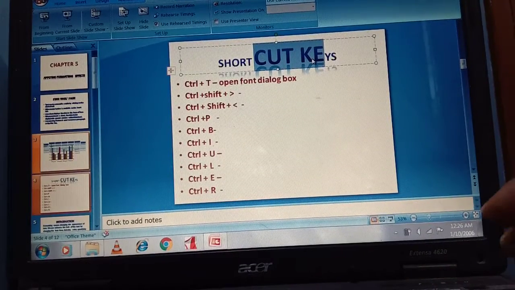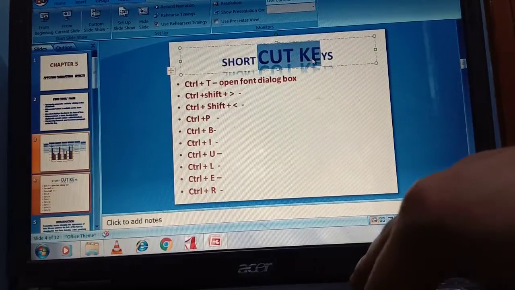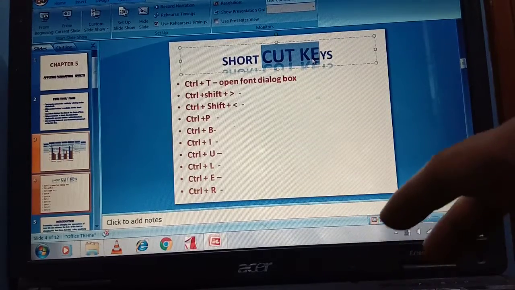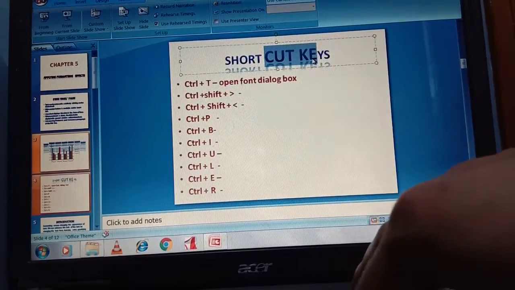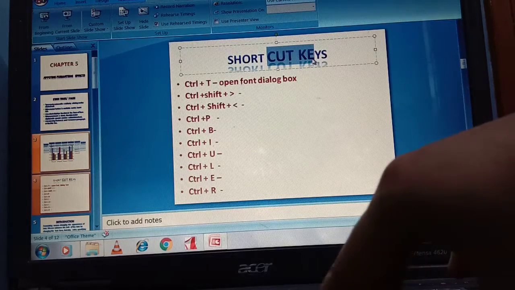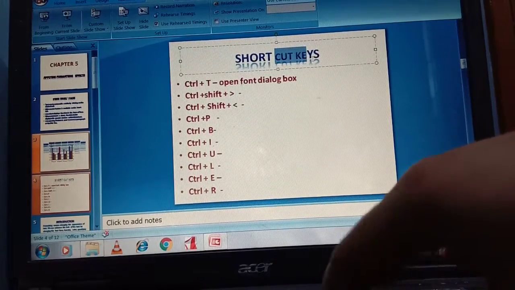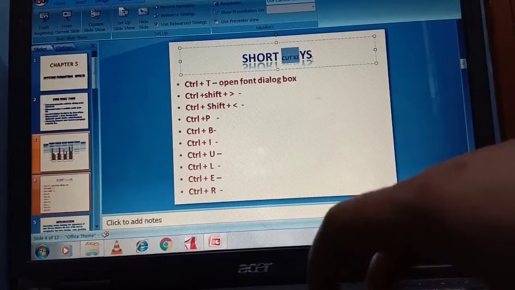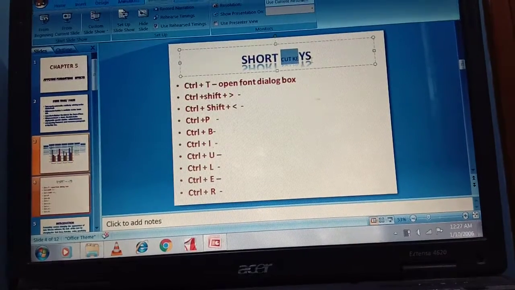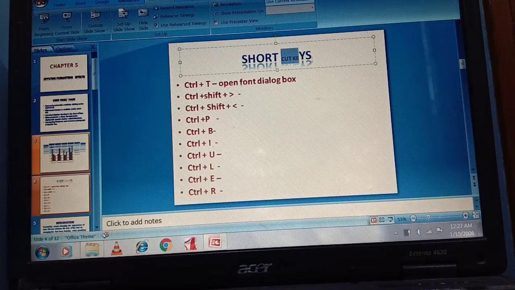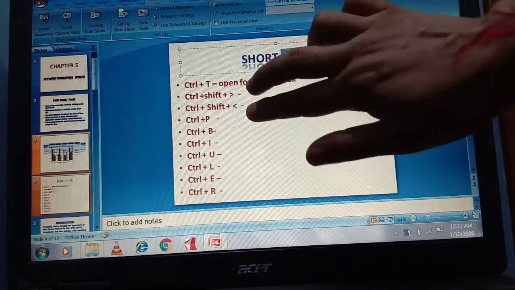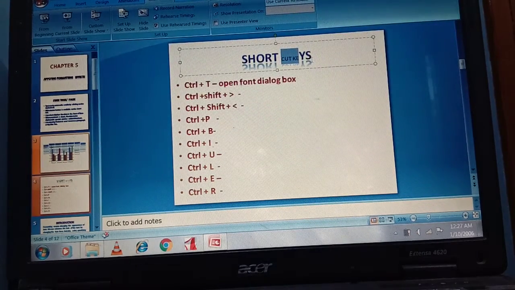Now I want to decrease the size. Can you see this? The size is decreasing. Now it's come back to more or less the same. Can you see this? These are the two keys, the two groups of keys for increasing and decreasing the size of the text. So very helpful.